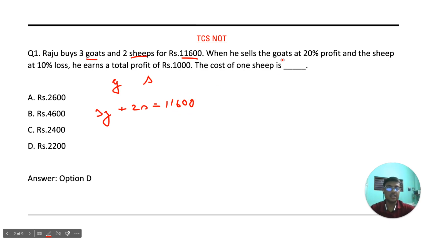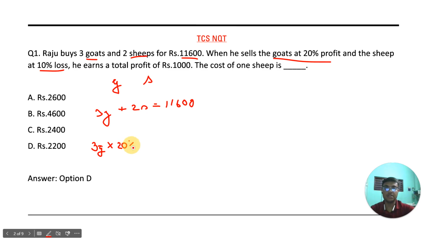Now it says that he sells the goats at 20% profit and the sheep at 10% loss. Now each goat is sold at 20% profit, so three goats are also sold at 20% profit. So 3G into